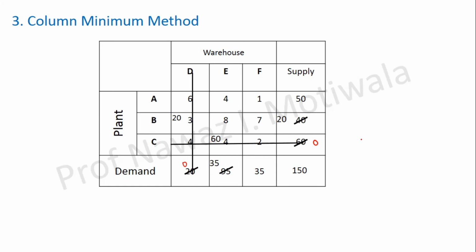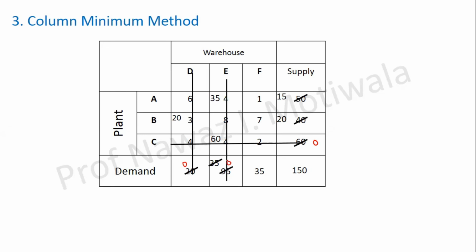Now tell me where I should allocate. Now which column should we allocate first? हमारा कॉलम कौन सा अभी E है, फर्स्ट कॉलम हमारा E है और उसके अंदर मिनिमम. So where should I allocate? 4. सिंपल है, एक ही तो मिनिमम है, यहाँ पर ही allocate करना है. And how much to allocate? Here it is 35, here it is 50. So how much will be allocated here? 35 will be allocated. So I will write 35 here. Counter effects: this 35 will become 0. So I will write 0 here, and this 50 will become 15. And because it has become 0, this column will now be cancelled out.